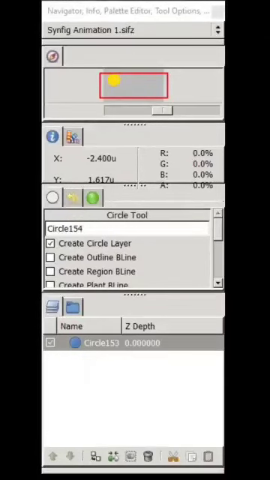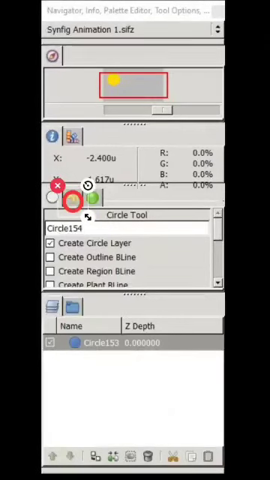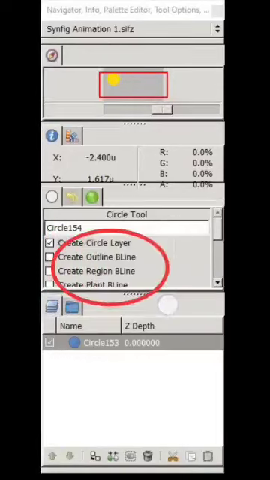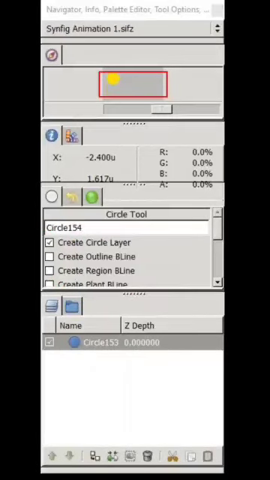Then history. It contains the actions that are done while editing the file. And here you can see the checkboxes. Checkboxes mean we can select multiple items. And this checkbox is used to disable specific actions without going through the entire action list.